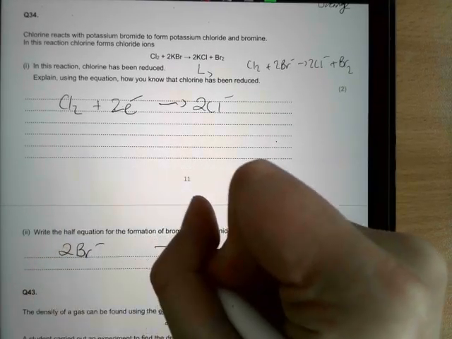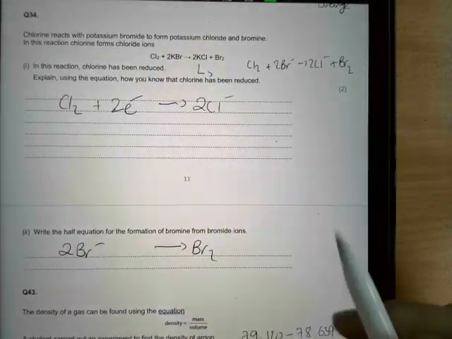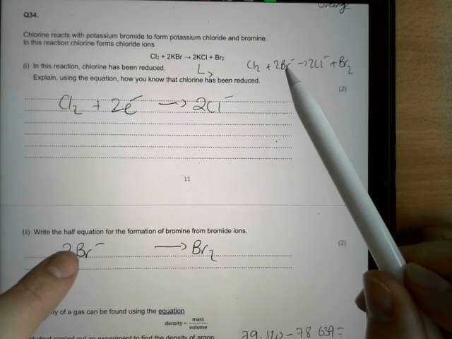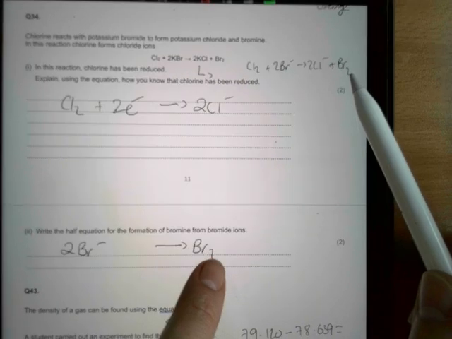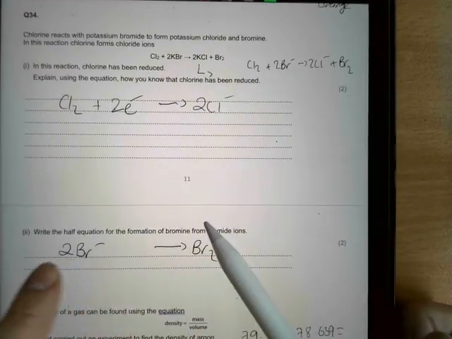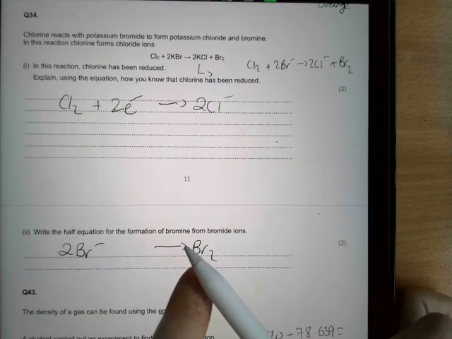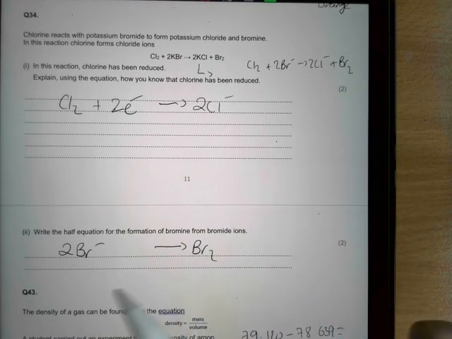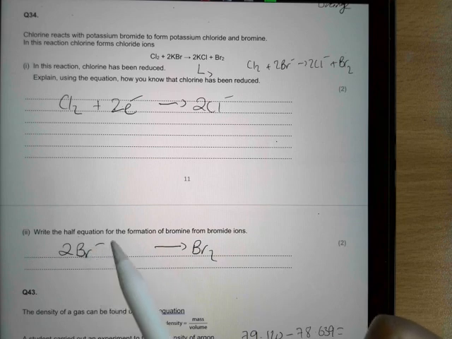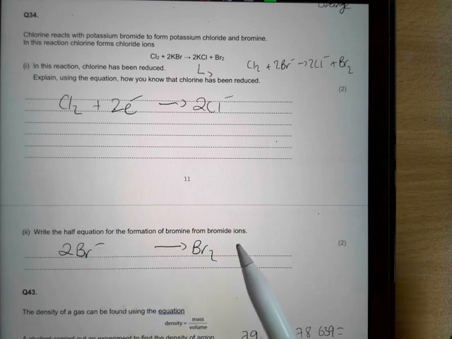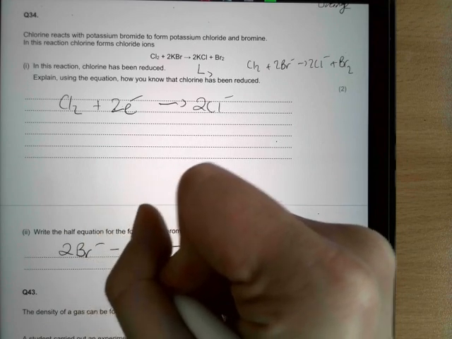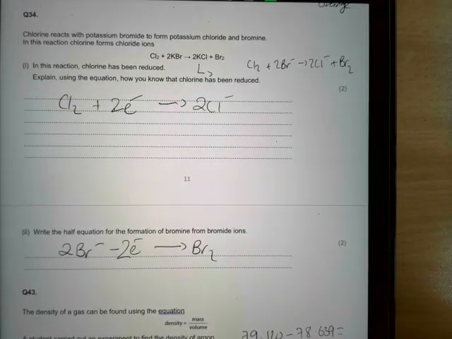Again, if you just go up to your ionic equation, you're just copying it exactly the same. So Br- starts on the left hand side of the arrow, Br2 starts on the right hand side of the arrow. I haven't changed a thing. And then that's showing the formation of bromine. Bromine's a product starting from the bromide ions. So you just need to fill this in. So it was negative, now it's got no charge at all. Negative means it had gained an electron, but it must have lost those electrons